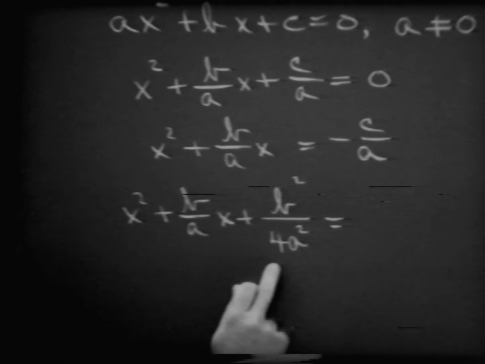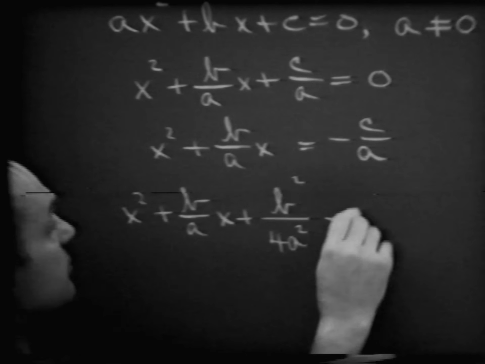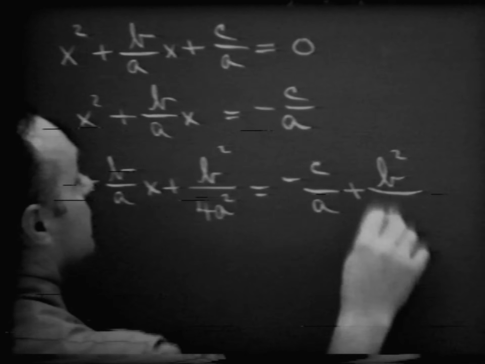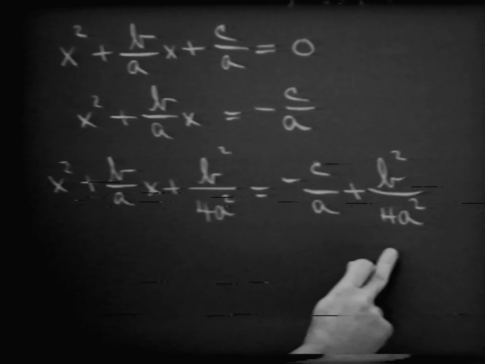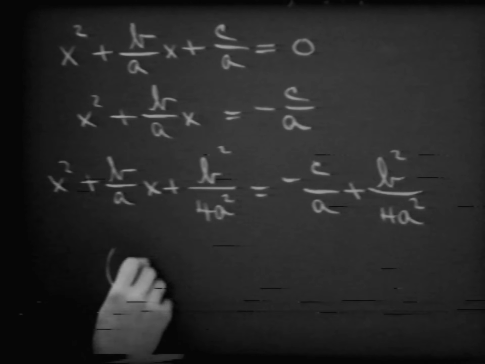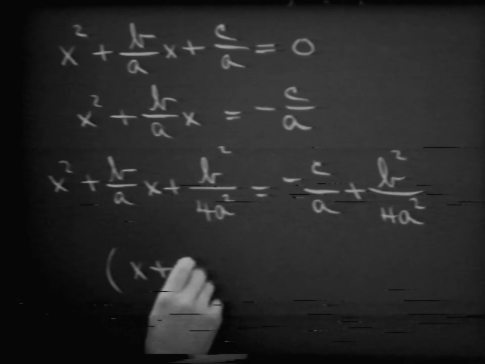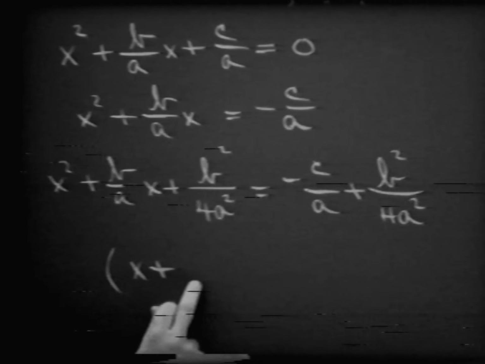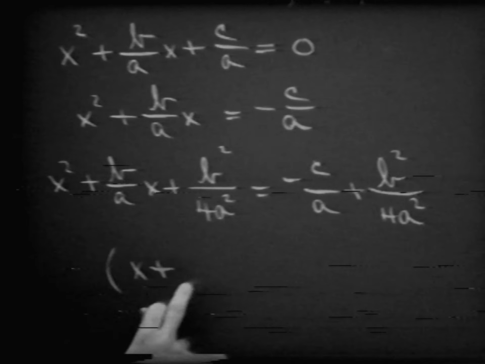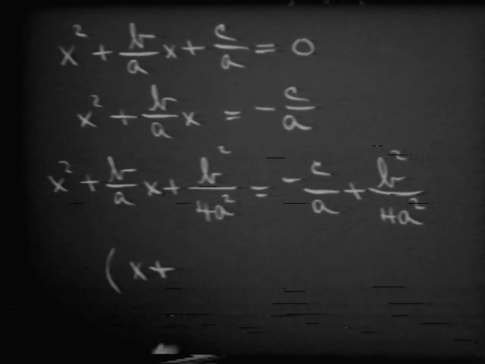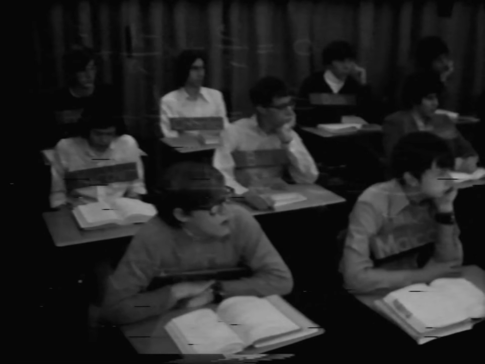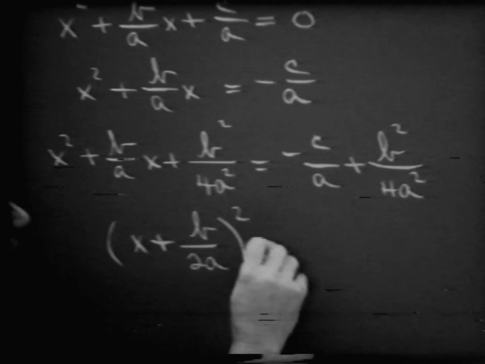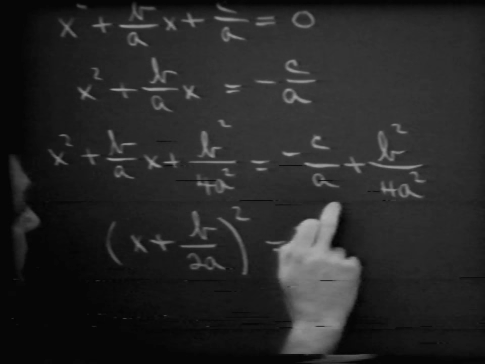And now, of course, if we add this number to the left side of this equation, our theorem tells us that indeed we must add the same number to the right-hand side of our equation. Is that right? And the whole purpose of doing this is to be able to look at this left-hand side and write it as what? X plus, now what number would I like to write here, what is that name, Don? B over 2a. B over 2a, the entire expression squared, is that right, is then equal to,